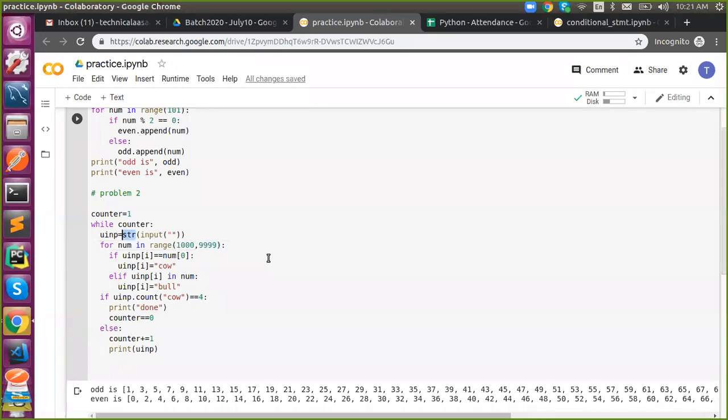Yes, sir. Then do we need this? You all know input will always return a string in Python 3, not in Python 2. If it is Python 2, you have to use raw_input, not input. In Python 3, we don't need this. It is already string format only. Okay, sir.